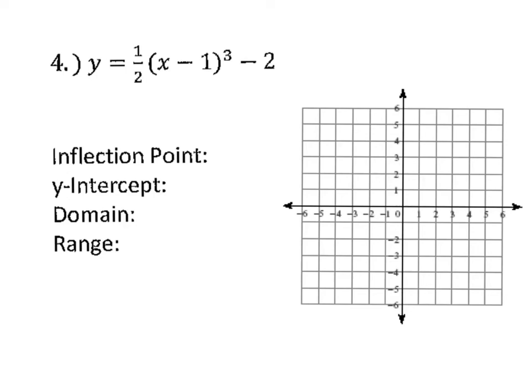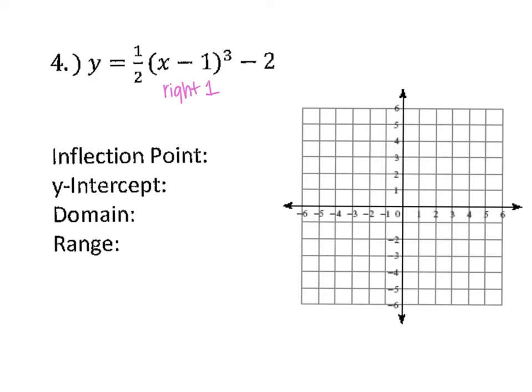Okay, so problem 4. Now, problem 4 here, we always start with the inflection point. So let's start by figuring out what the shift is going to be. Inside this parentheses here, you have a -1. So which way are we shifting? Well, we're shifting right. Anytime you have a negative inside, it's going to be shifting right, 1 unit in this